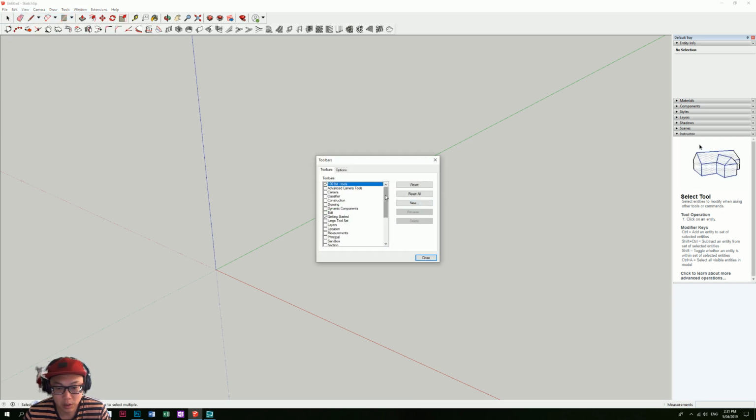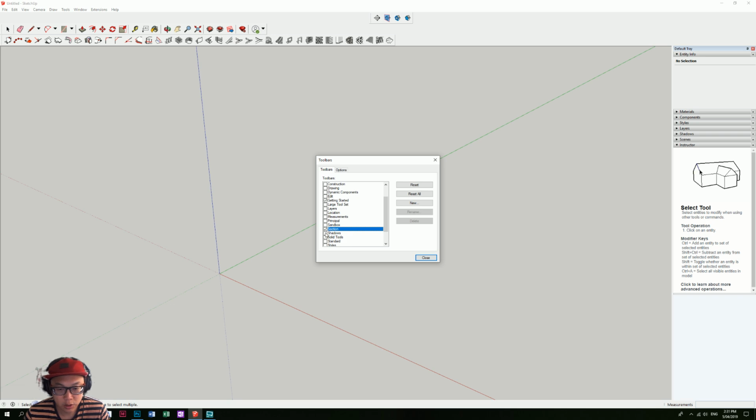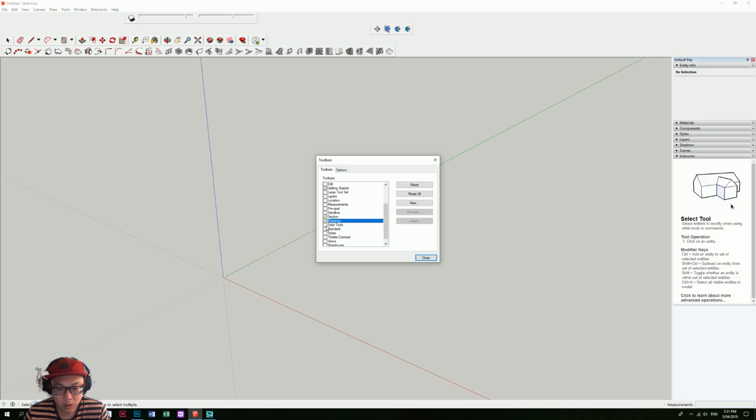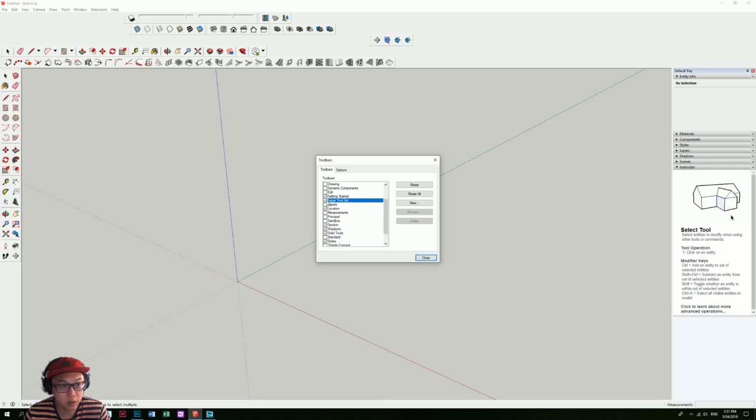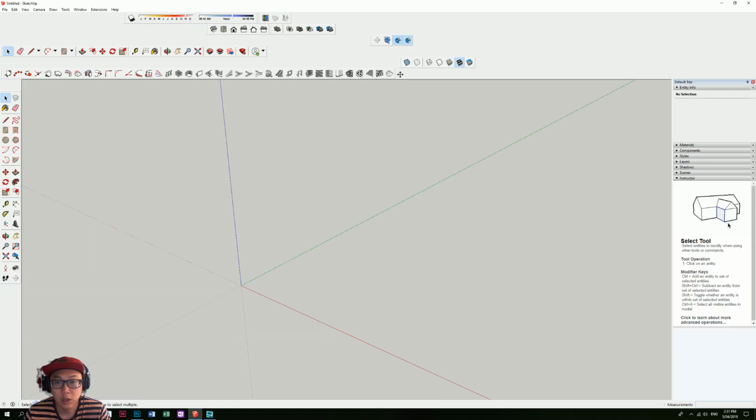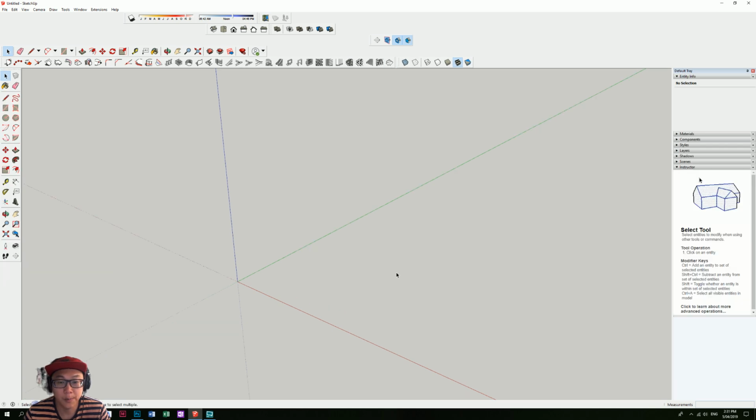toolbars. That's what I need. And I want to show sandbox. Maybe not this one. Section, shadows, solid tools, views, style as well. What's the standard? Don't need standard. Location, layers. Maybe not layers. Have this here. Press close, and I'm just gonna drag down here so I get more view space